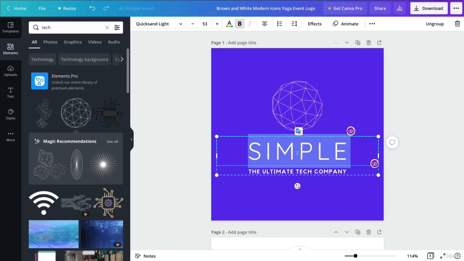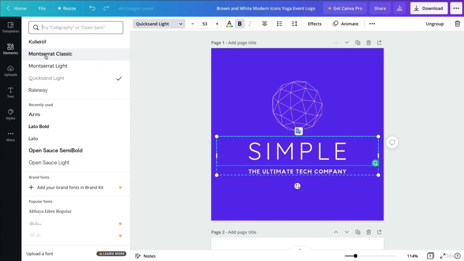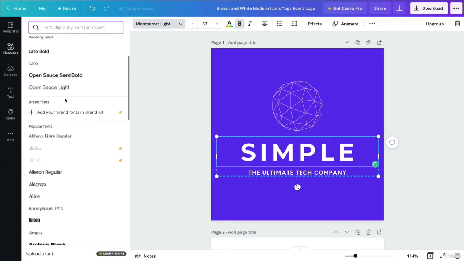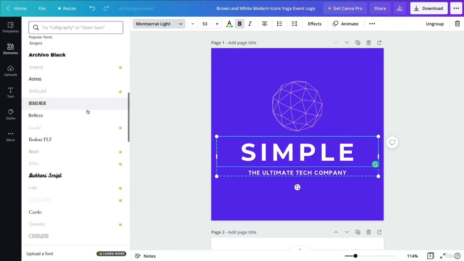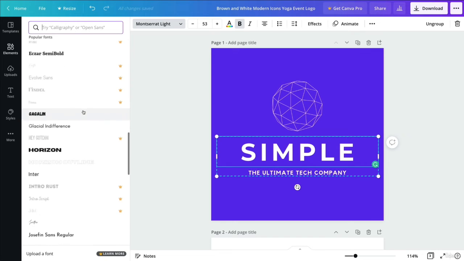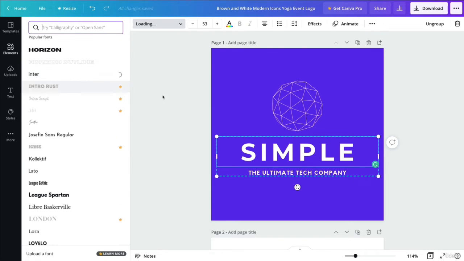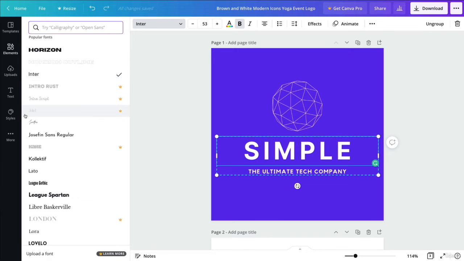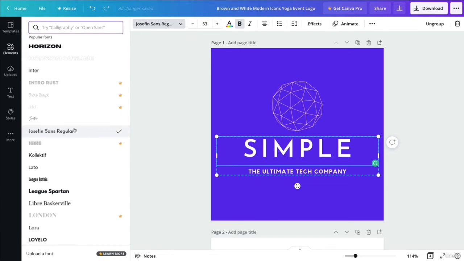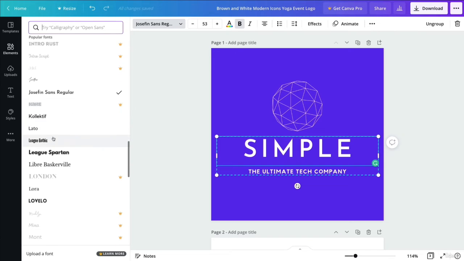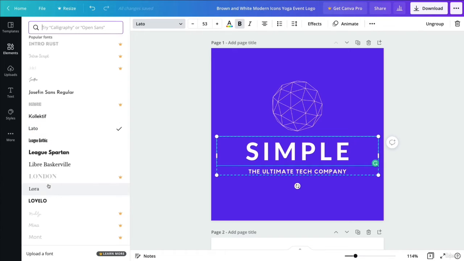So this overall is looking cool, but I want a font which is a little bit more heading towards the tech vibes. So maybe something such as a Montserrat, which is a little bit more user-friendly than the average font, or maybe we can consider something more elaborate, such as Inter. Inter is also a pretty good font in this case, or even this one here, Josefin. It's just a matter of trying and doing trial and error, really.